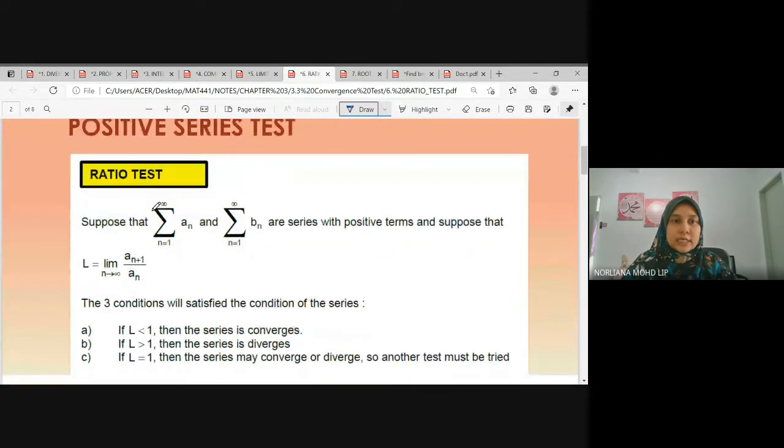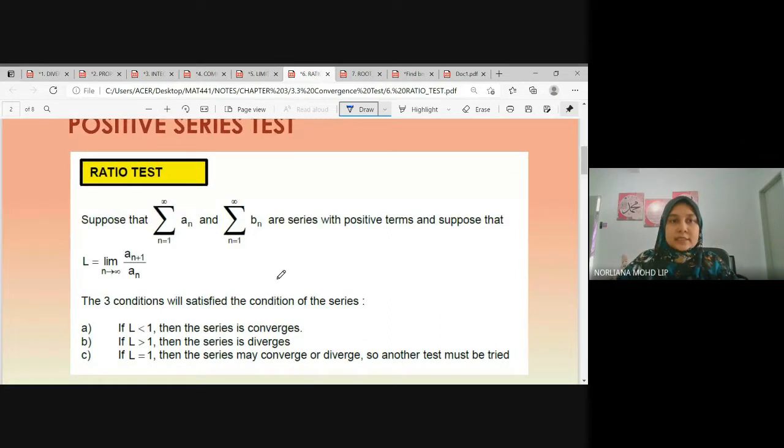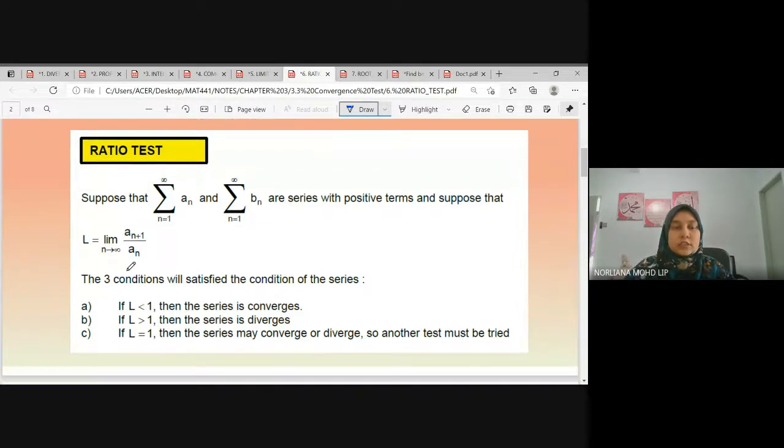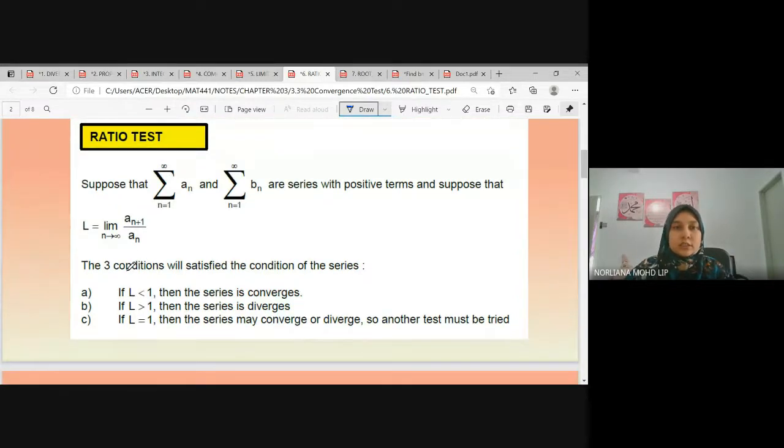Okay, ratio test. Suppose An and Bn are positive terms and suppose L equals the limit of A sub n plus 1 over A sub n, where n approaches infinity. So there are 3 conditions we satisfy for this series, using the ratio test. If L is less than 1, then the series is